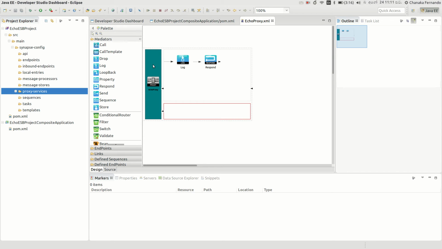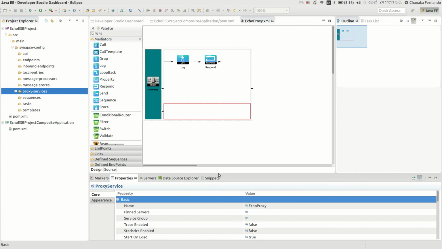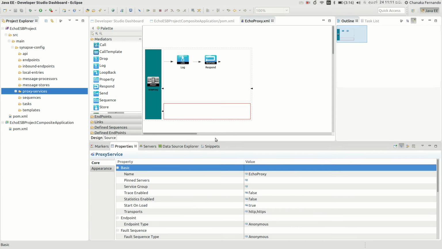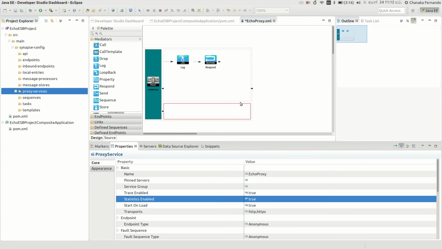In this use case I am going to monitor this service once it is deployed into the ESP. For that I need to enable the tracing of messages for this particular service. Okay, now I have created my proxy service and I have enabled tracing and statistics for the service.